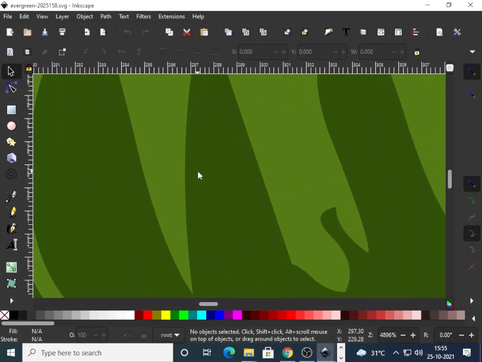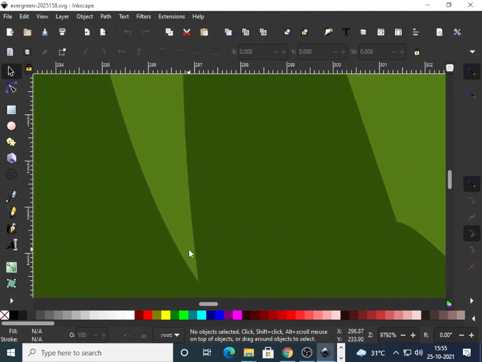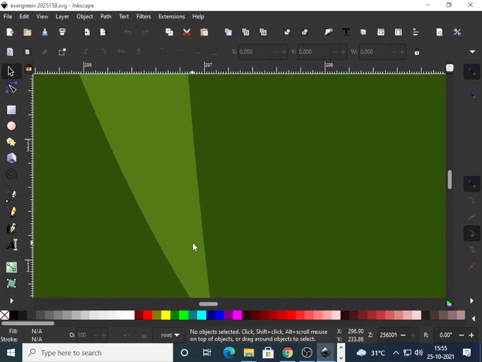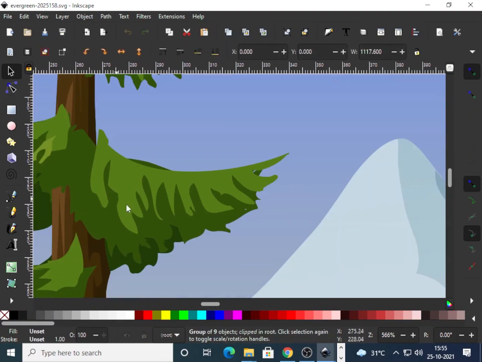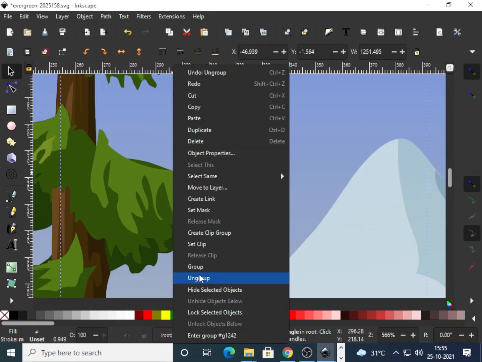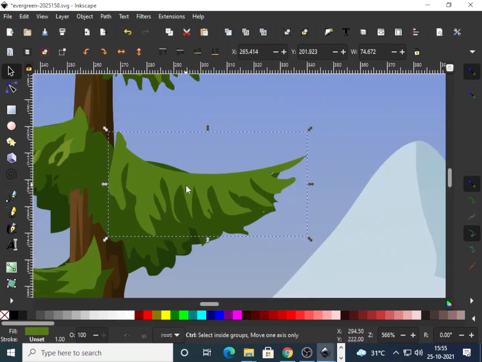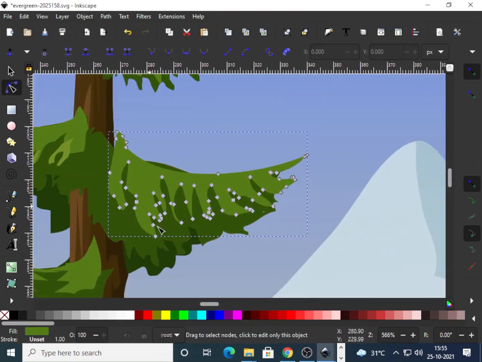See the zoom. Do you see any pixelation? Because this is all a formula, if I want I can ungroup it. Can you see this? It's a path.